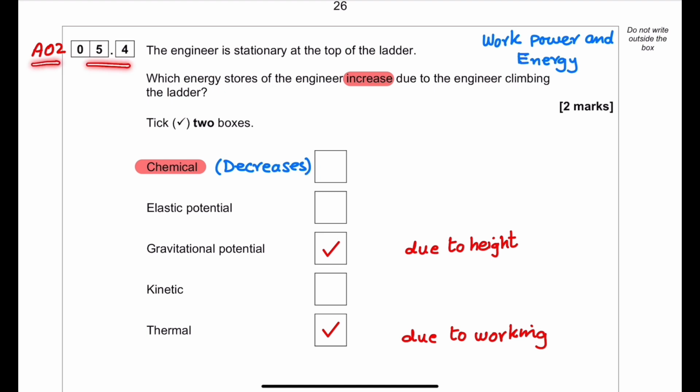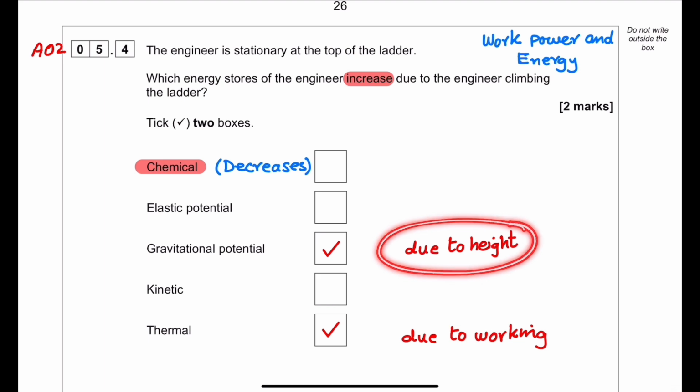5.4 is an AO2 question, and this question is again from the topic of work, power and energy. The engineer is stationary at the top of the ladder. Which energy stores of the engineer increases due to the engineer climbing the ladder? We can see here when the engineer is climbing, it has gravitational potential energy due to the height from